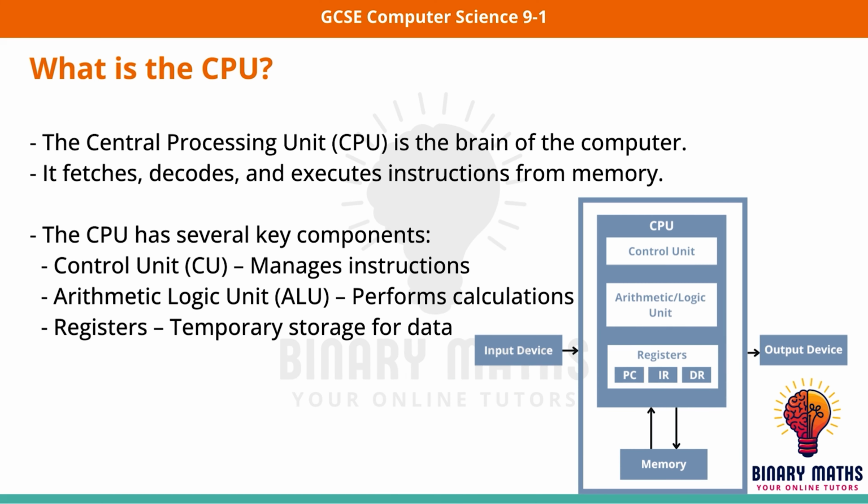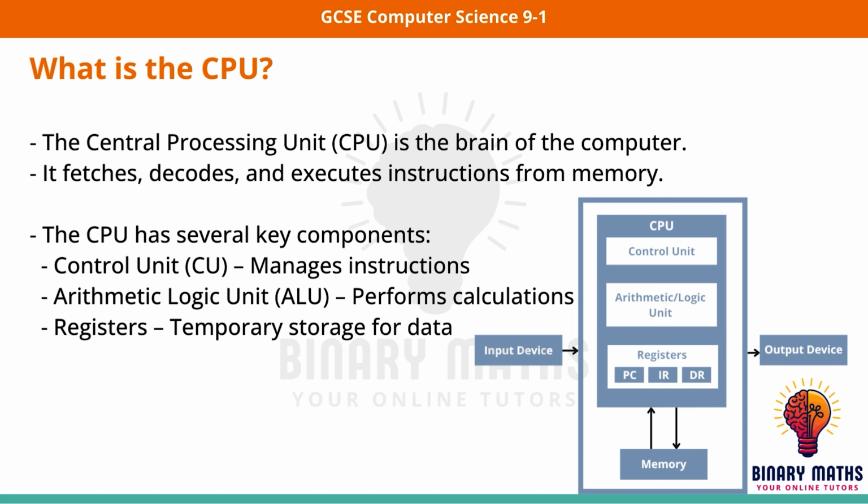Now, let's focus on the CPU, or central processing unit. The CPU is like the brain of the computer. It is responsible for fetching, decoding, and executing instructions. Think of it as the part of the computer that does all the thinking and decision making. The CPU has three main parts: